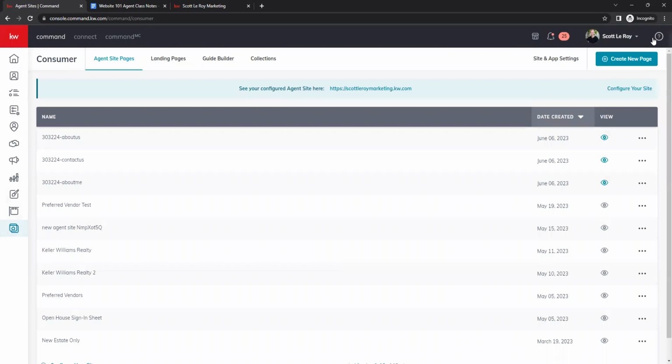So now you should see all of the pages that you just created in this list here. So we have our about page, our contact page, and our about me page. On the right side, you'll see there's these little eyeballs. If the eyeball is this teal color, that means it is active on your website. If it is gray, like these bottom ones here, that means they are not actively published,